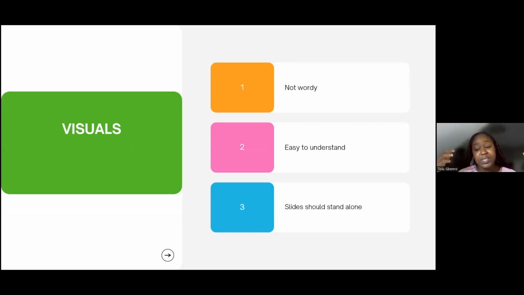There's no point coming to your presentation and reading everything. You could have just sent us a report to read at home. It's that simple. If we wanted to read reports, we wouldn't have asked you to come. We can read English or whatever the report is in. So please, slides should not be too wordy. Slides should be easy to understand. Slides should use data as much as possible.